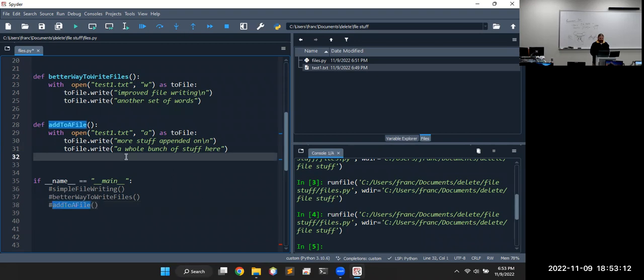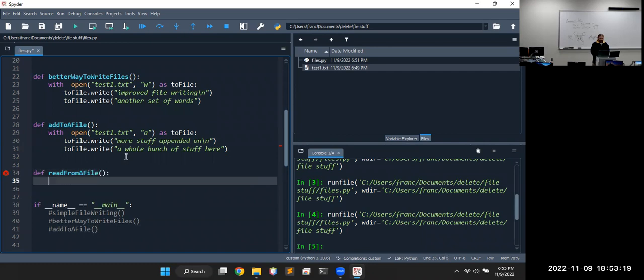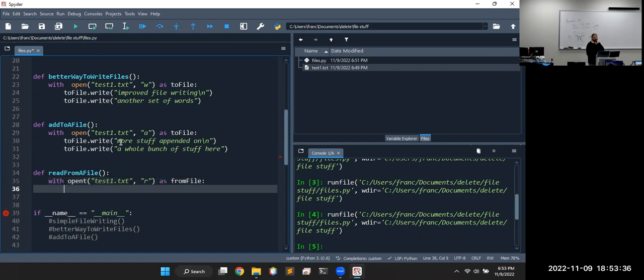Reading is very, very similar. Read from a file. And so we need to open a file handler. And the file we want to open, test1.txt. Only this time we want to open it in read mode. And I'm going to call the file handler from file. Logic's very similar, we're just going the other direction. And instead of a write method, we'll use a read method. But